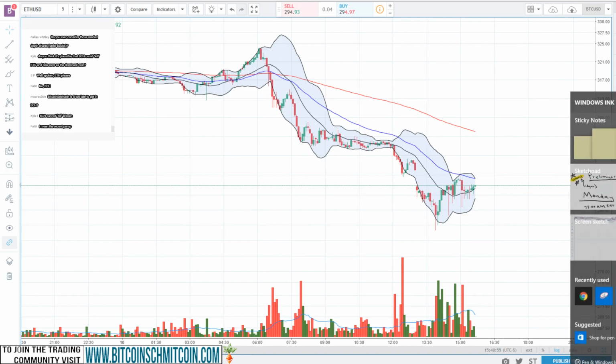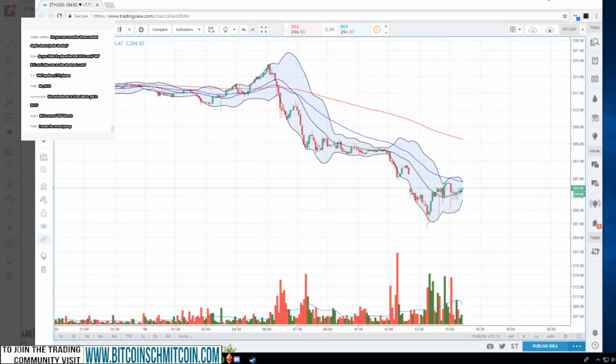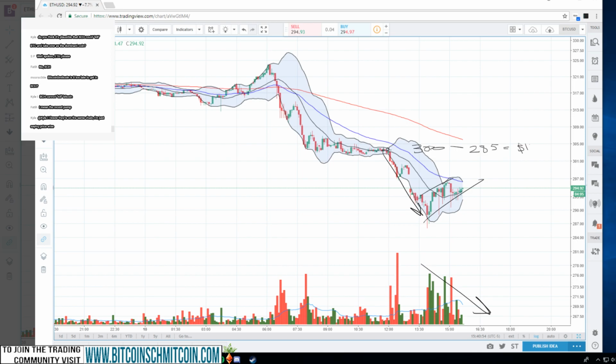We'll do some price targets for Ether right here. Look at that gap, Jesus. So this is a bear flag. It's flagging right here. We see a rally on decreasing volume. We see a pull. You can argue the pull is from here to here, which is 300 minus, what is that, 287? Let's say 285, which equals 15 bucks. So whenever this breaks out, we'll likely see a $15 drop.